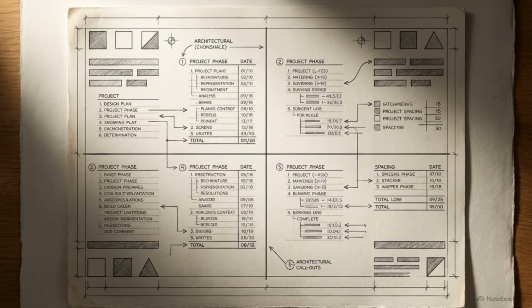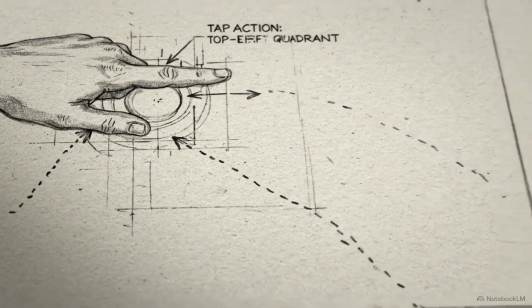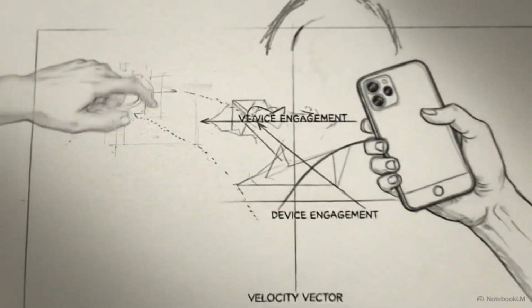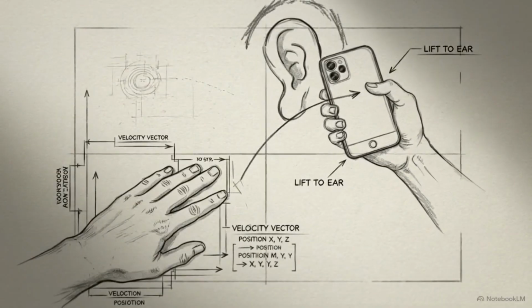Look at your completed paper. You have just mapped the entire life cycle of your film project. You are no longer holding a mere idea. You are now the project's driving force. Your next physical action is simple. Turn your complete focus back to Quadrant 1. Go secure that first dollar and begin execution.